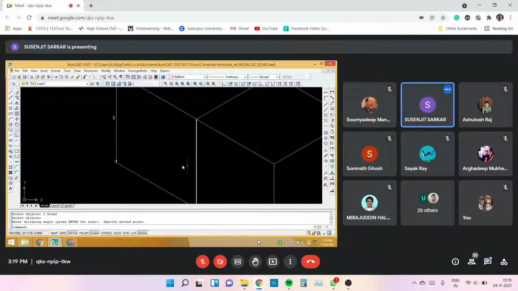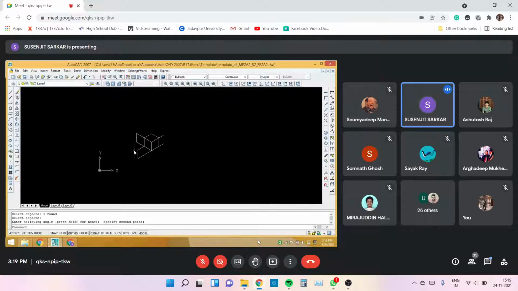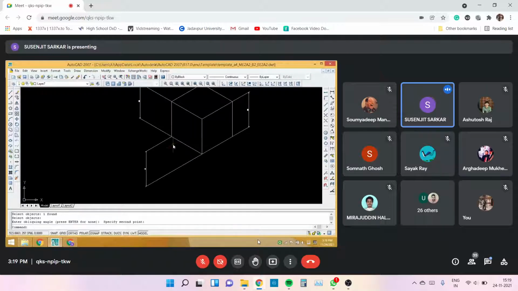So see, for this one it works, but for this one it will not work because this is the vertical direction. So here the linear one is suitable. Also you can use the oblique one, right? But for this one,